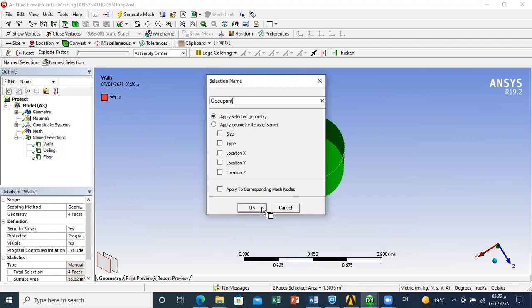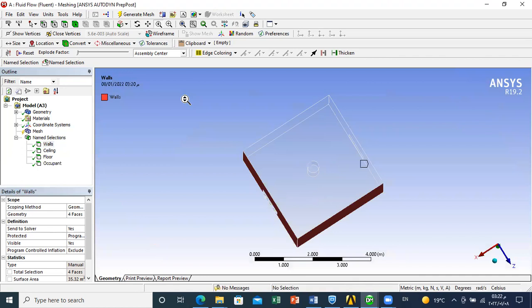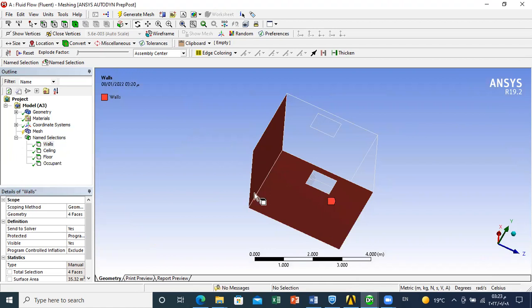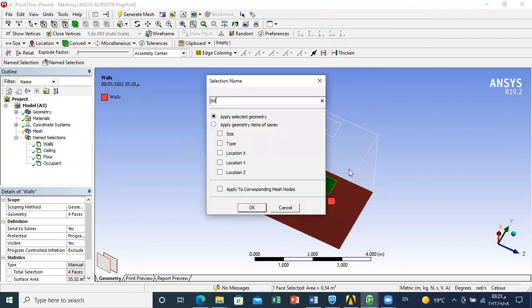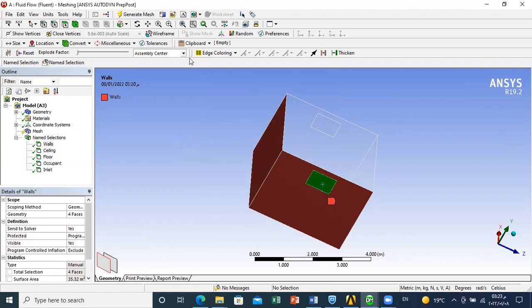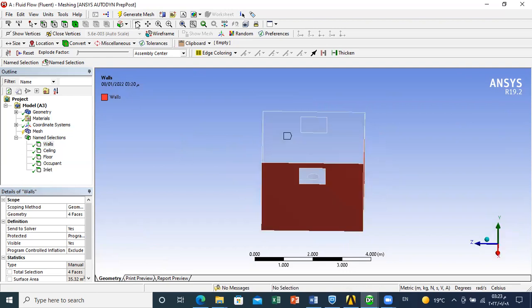I still just have the inlet and the outlet of my space. If you remember, in the geometry we did imprint faces so that we will be able to select the inlet and outlet separately from the wall. So for example, this is my inlet. And this is my outlet. I just turn with the turning tool. Again, I do the face selection and